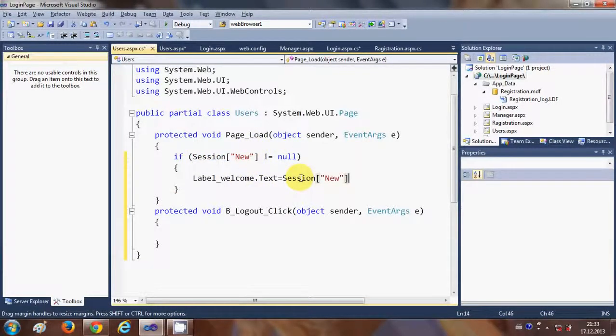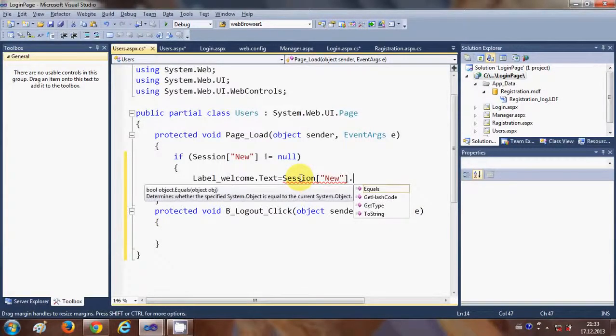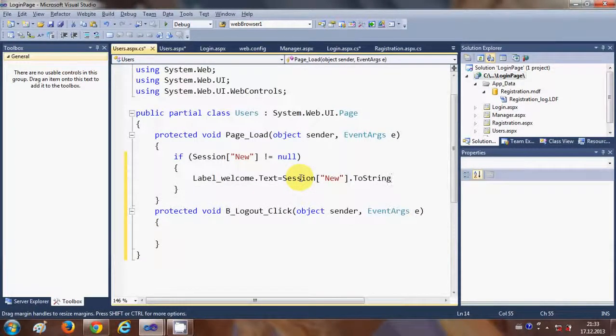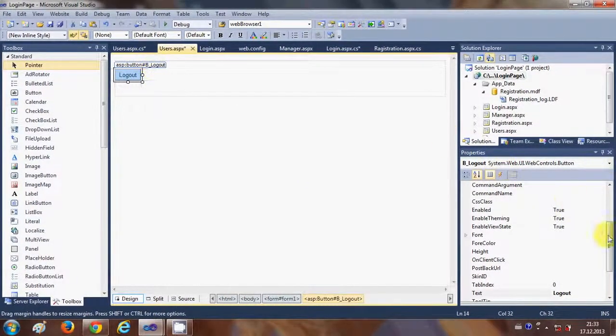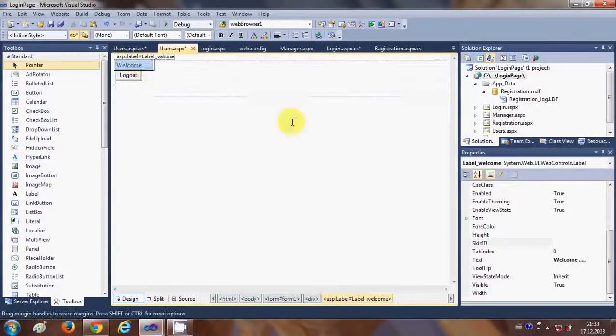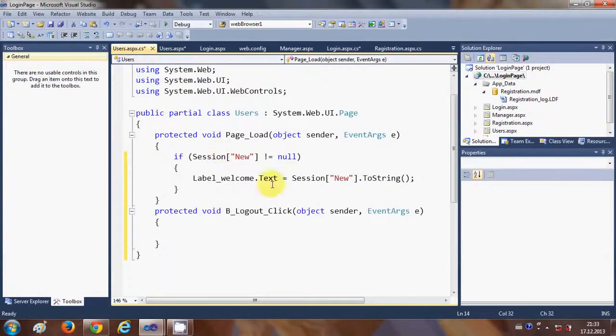So we have the username in the session, right? In the last video we have created that. So I will convert this session data to a string, and I will transfer this into the label, and we already have welcome as our text here in the label welcome, so in the user.aspx we can just provide this plus sign, so it will say welcome whatever the username is, or else